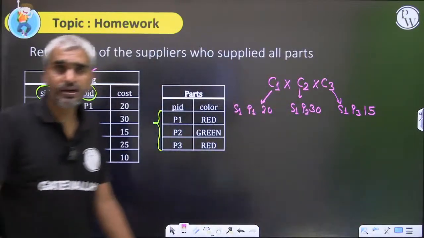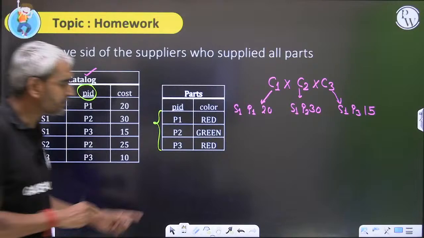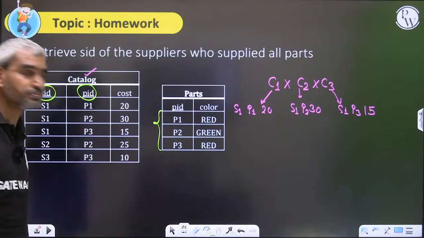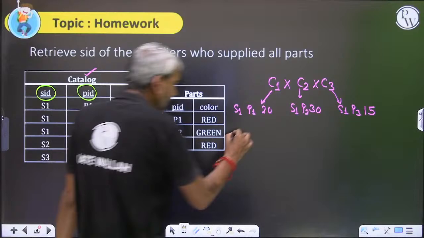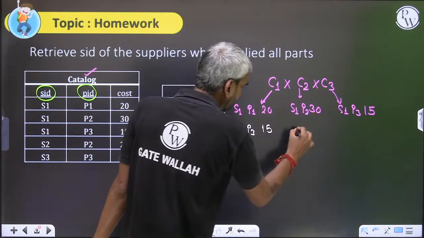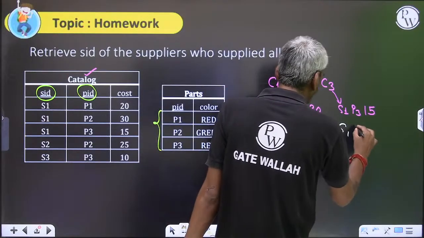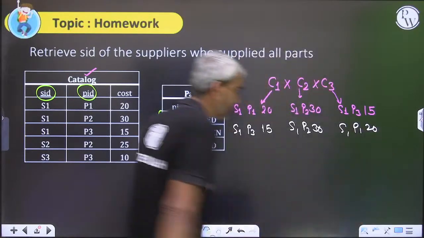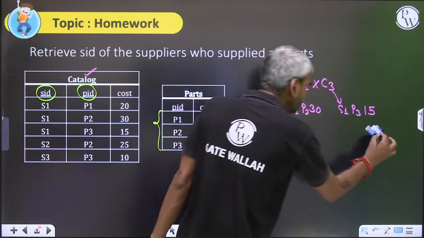Now we know that the first part is P1, the second part is P2, the third part is P3. Even if they are not in the same order, you know that S1 P3 15 will be combined with S1 P2 30 and S1 P1 20 as well. So the idea is, if you perform this cross product,